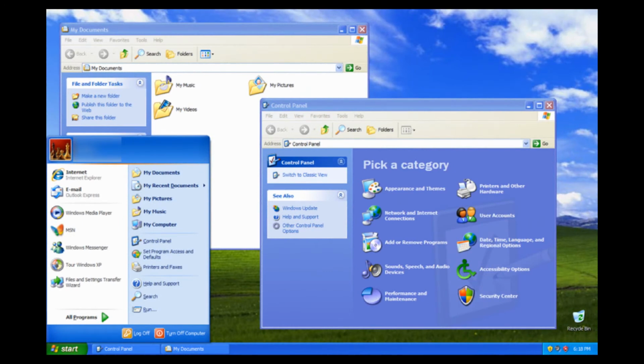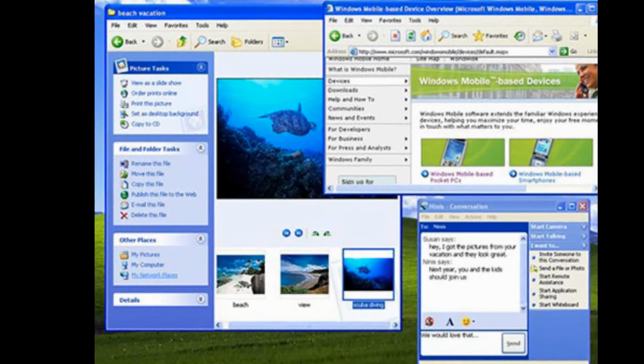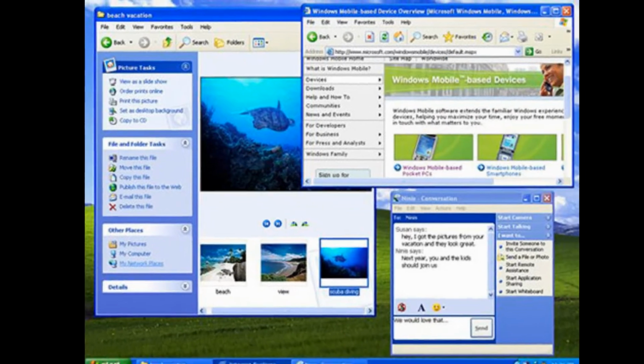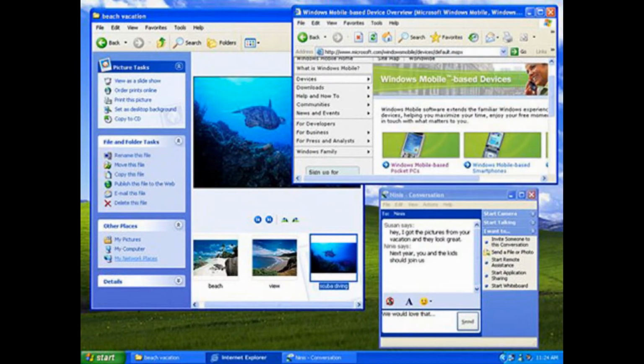It was compatible with 25 different languages. It also had Windows Media Player and better ways to enhance your videos and photos. And it was wireless compatible, so it could have wireless internet. So now comes